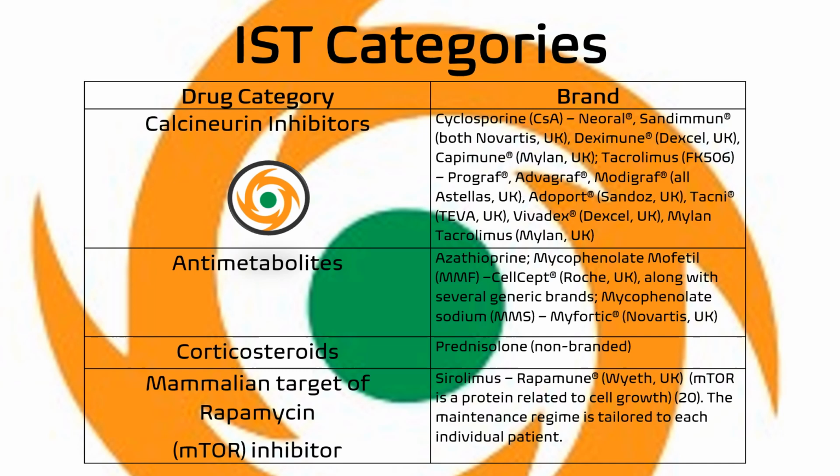However, sort of historically or retrospectively, the brands had been evidenced as such. So, for example, CSA, abbreviation for cyclosporin A, used to be under the pharmaceutical organization or industry known as Novartis, and the brand name